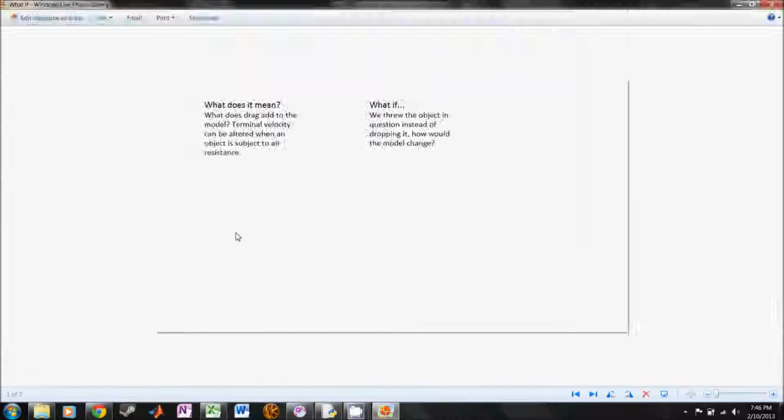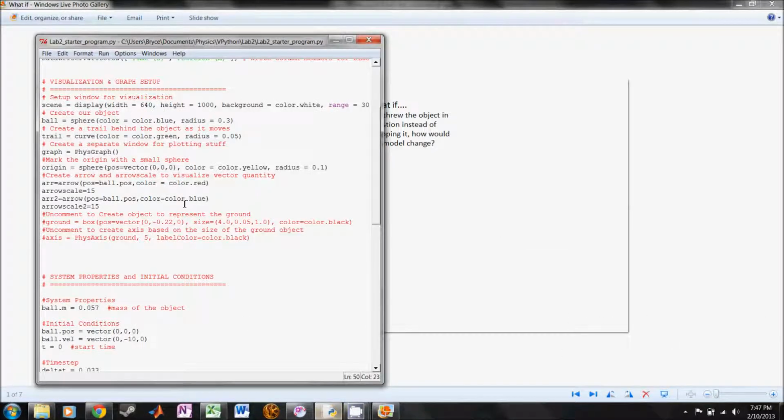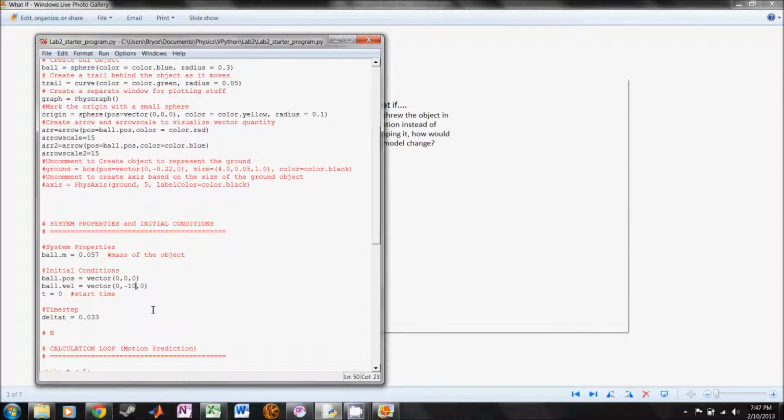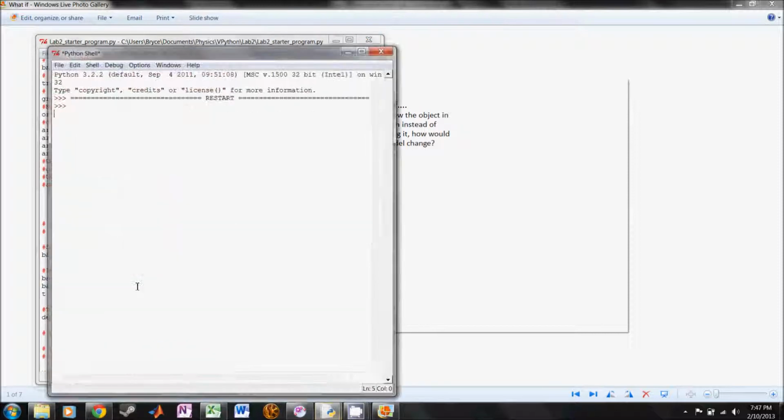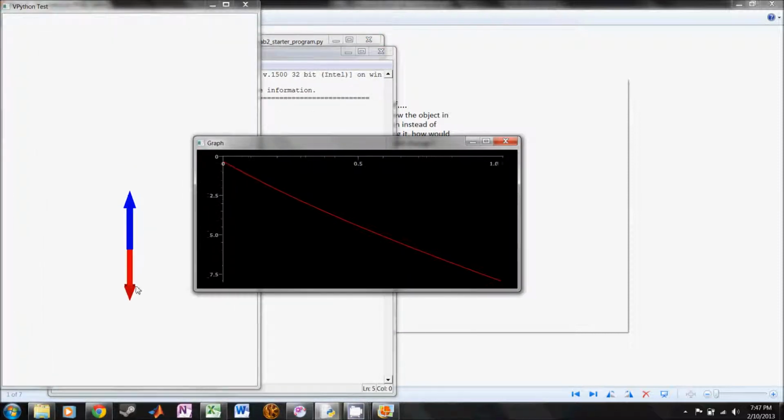Now, what if we threw the object in question instead of dropping it? How exactly would the model change? Well, if we go to VPython, we can see that I've changed the vector to -10 for its initial velocity, meaning the air resistance is going to have a very different effect on the ball. Now, if we run that, we see that the drag starts off at a lot higher rate